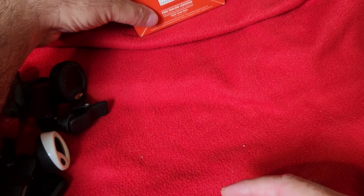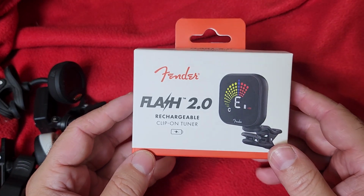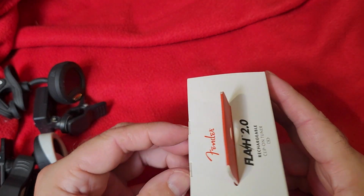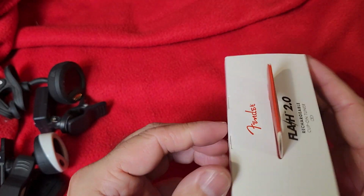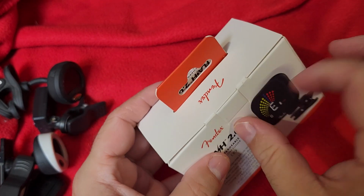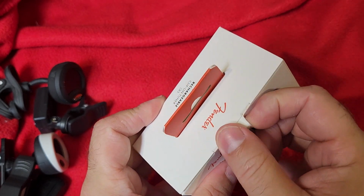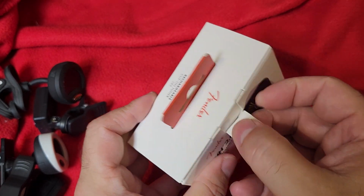All right, back to the main event. So I bought this. I guess it's the girlfriend's. We bought it so she had a tuner. Let's see. Am I just going to go for it? What's the box going to be worth? Usually I try to take care of boxes, but...